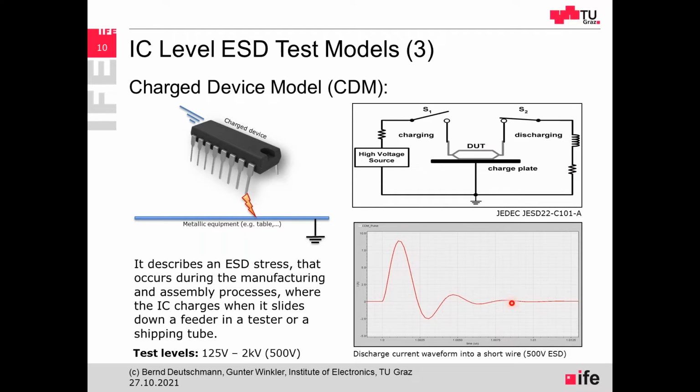So there's also a kind of oscillation, which also depends on the parasitic impedances that are in this discharge current path, and also the charge that is accumulated in the device on the test. So usually we have very high dI over dt, so the current is rising up very fast to pretty high levels. For example, in this case, for a 500 volt ESD CDM model, the current goes up to about 10 amps, for example.